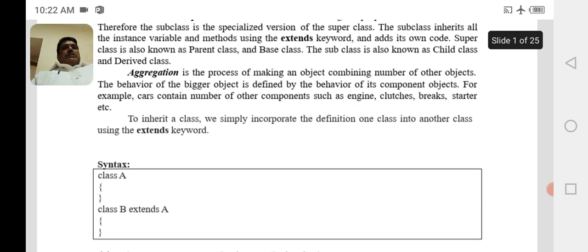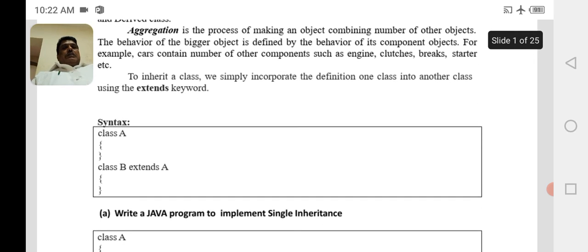So the syntax is: class A, which we assumed as superclass, and class B as subclass. So class B extends A. The subclass will inherit the characteristics of the superclass, and it will also have its own code.